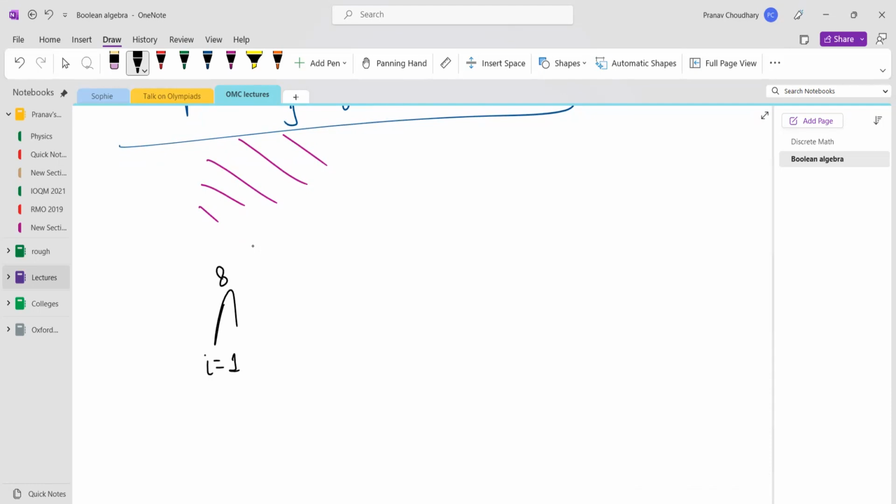Okay, you don't want each diagonal to have exactly one plane, but at most one plane. So the negation of that will be